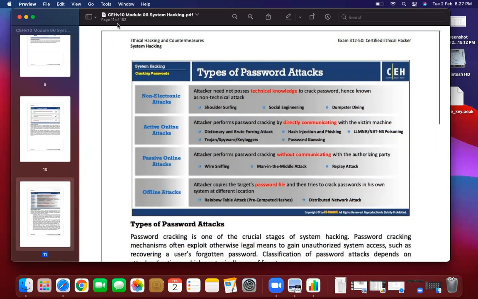Okay. A rainbow attack is a type of attack in which we try to decrypt the hashes of Windows. Suppose you have a password in your Windows operating system.